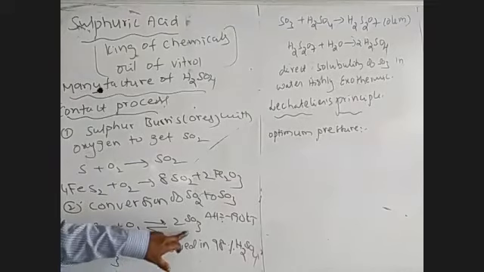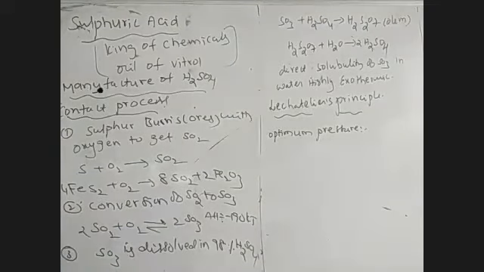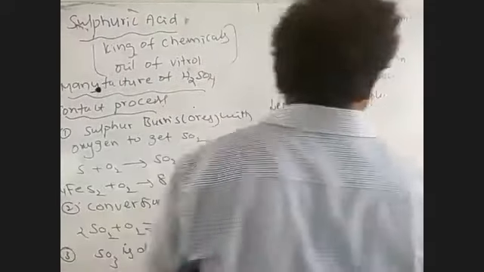Since the formation of SO3 is followed by a decrease in volume, according to Le Chatelier's principle you have to apply high pressure. But at high pressure, SO3 is more corrosive to the iron tubes used in the process. Therefore the pipes are weakened, and when pressure is applied, the pipes can break. Due to this reason, we have to apply the optimum pressure condition.